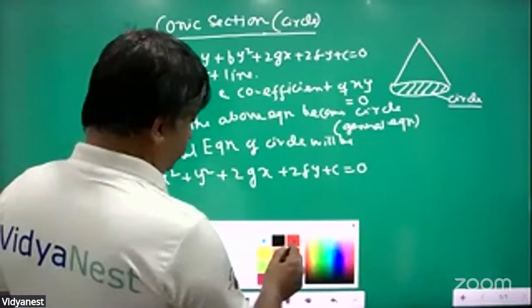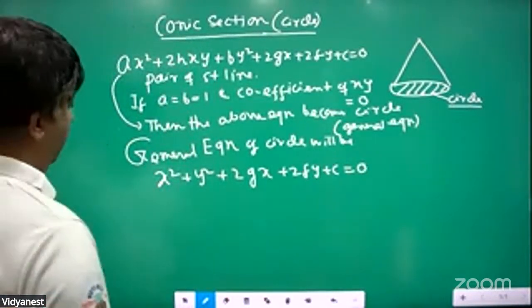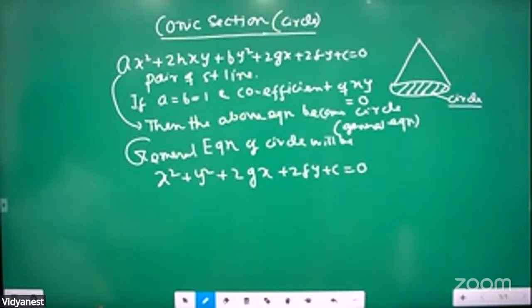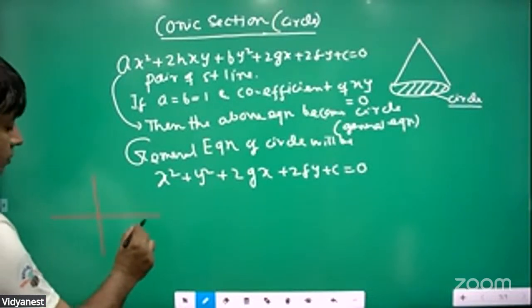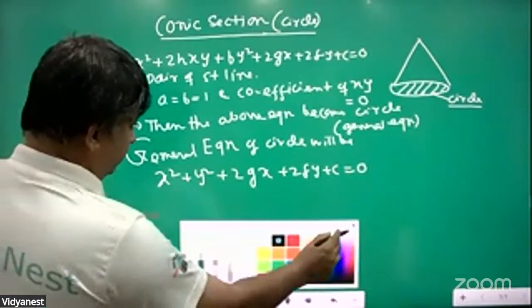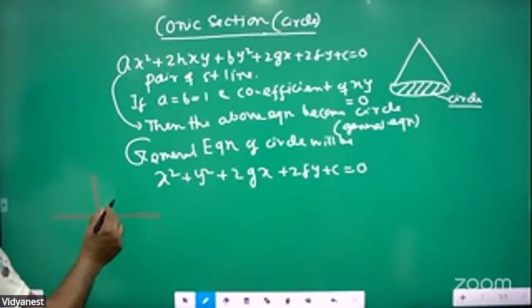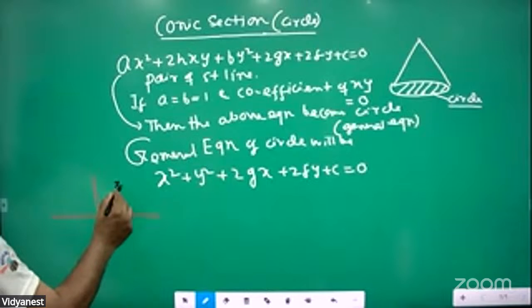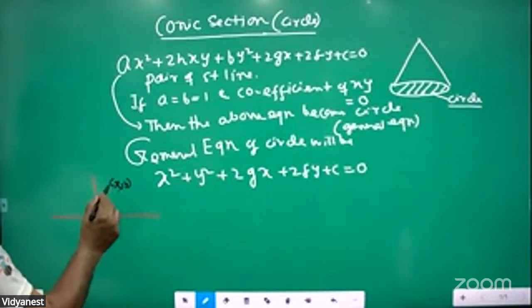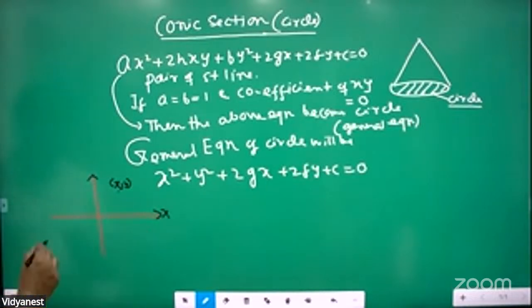Now, you observe that see, there is a point xy and this is the junction of x